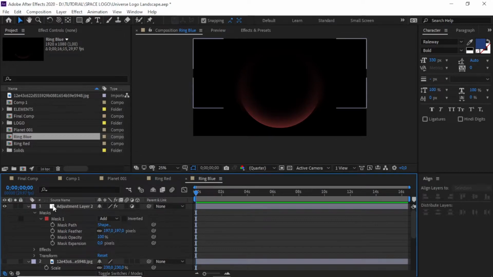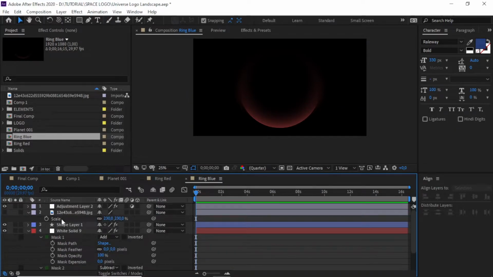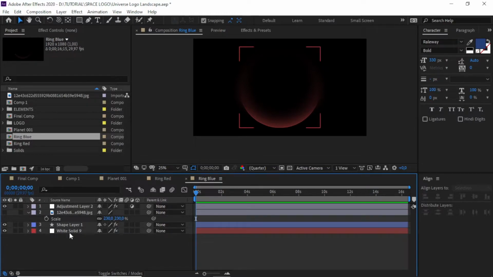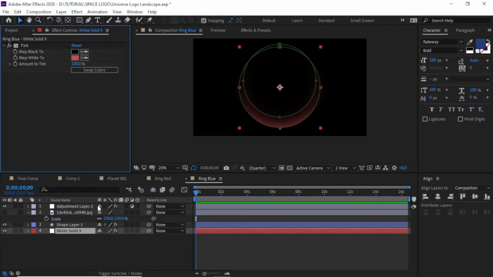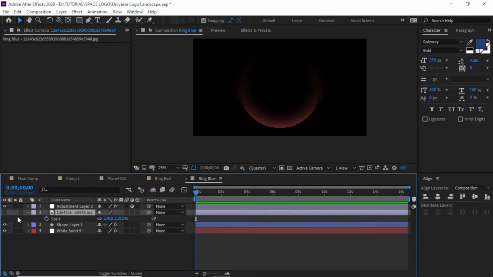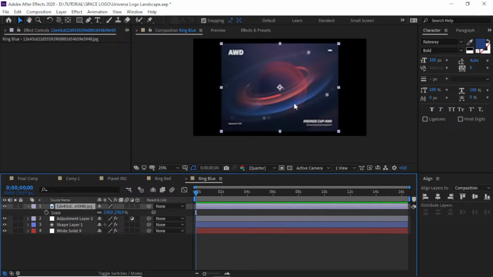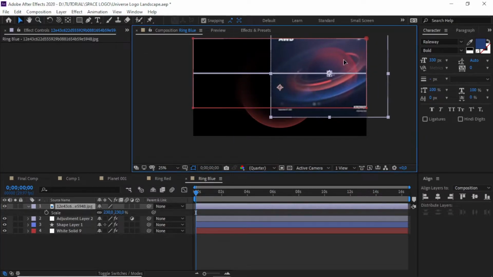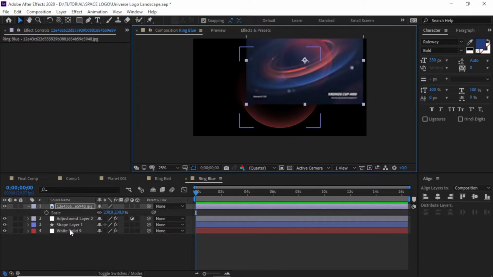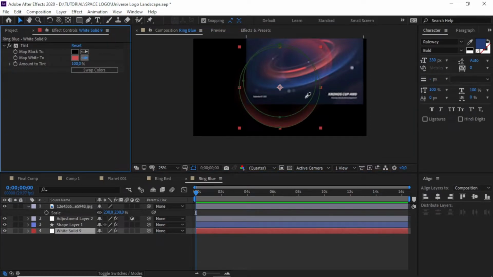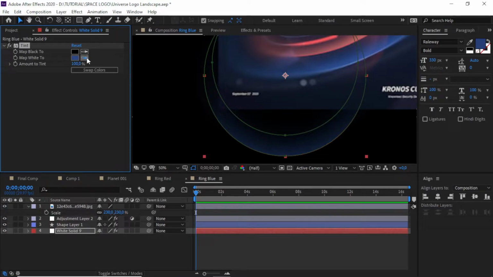So we need to change the color of the white solid with our image reference here. We need to make it on top like this. I'll move it about here, so thin. I'll try to get as close as possible.